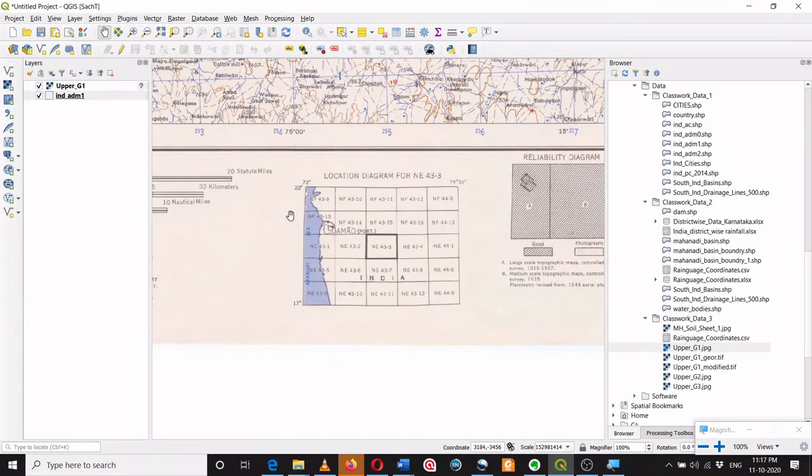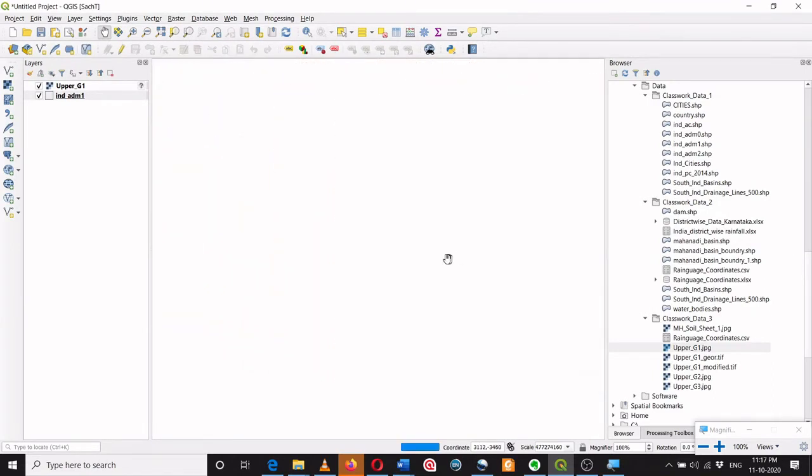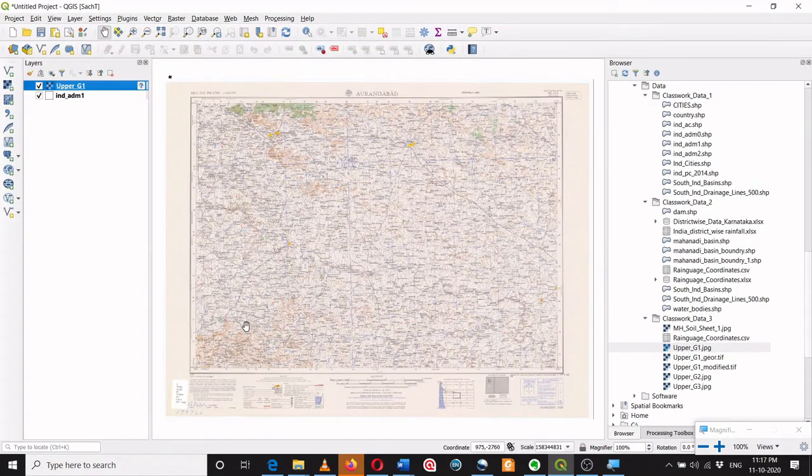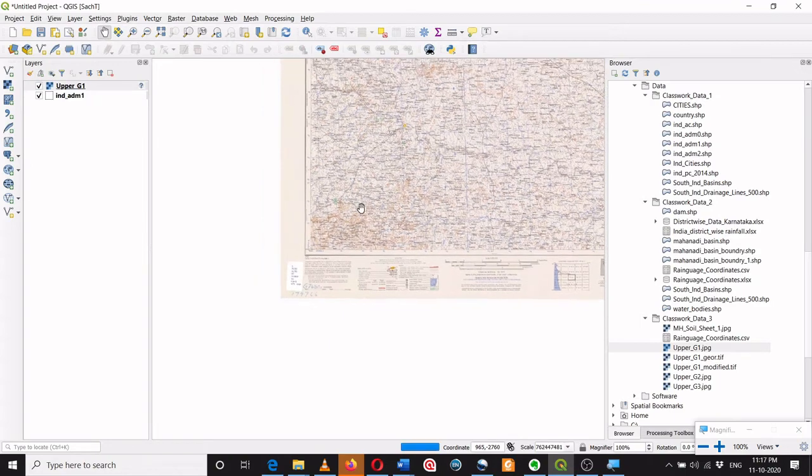While georeferencing, what we do, we make use of the grid frame. So let's take an example. How can we georeference this image? So we will go to the four corners of this image. Let me zoom in.